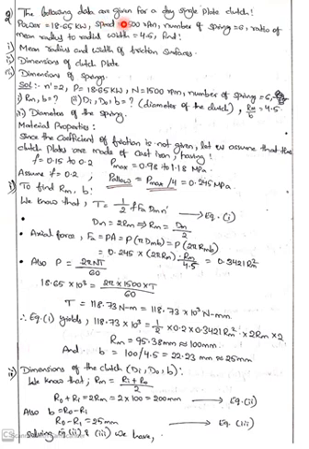The following data are given for a dry, single plate clutch. Power is given, speed is given, number of springs is given, and the ratio of mean radius to radial width is given. Find the mean radius and width of the friction surfaces, the dimensions of the clutch plate, and the dimensions of the springs.